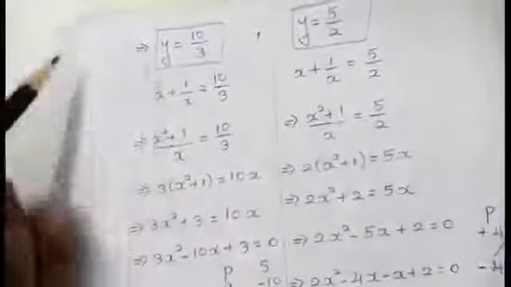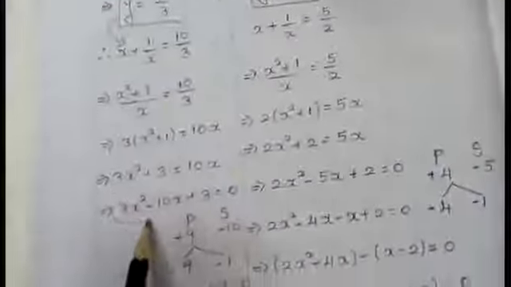After bringing, you will get the answer for y. The answer for y is going to be 10 by 3, 5 by 2. I am getting this answer as y. We have to convert this into x. y equal to 10 by 3 and y equal to 5 by 2, students. After calculating, I am replacing y with x plus 1 by x. Similarly, this y as x plus 1 by x. Replace. Do the calculation, students.